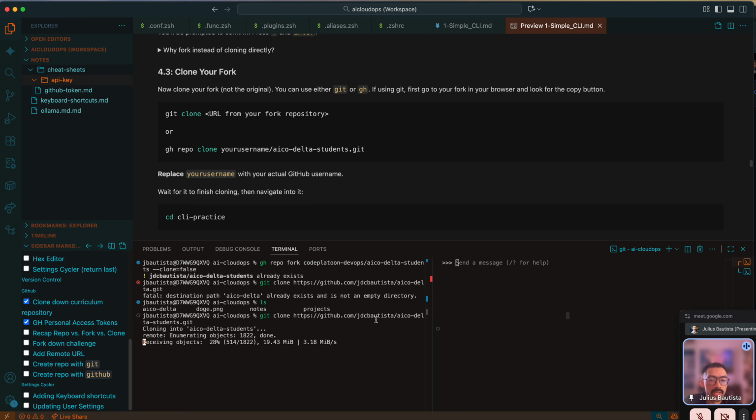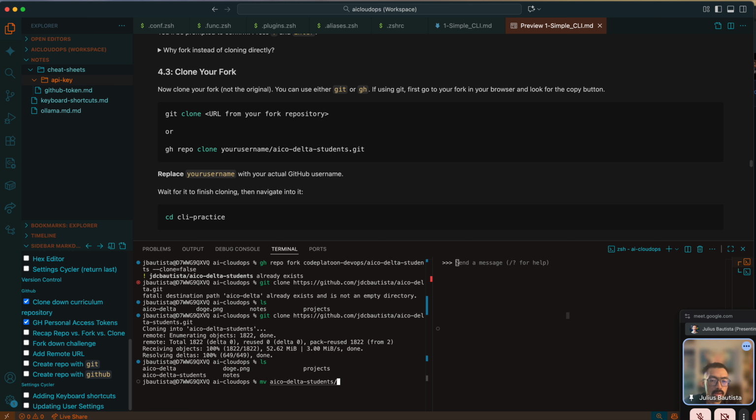I just realized I forgot something. I was supposed to do this inside of my projects directory, not at the root. My bad. Because we want to stay organized, right? So I can remedy this just simply by moving the directory. So I'm going to move this directory into projects using move. And I think this should work, but I also don't want to risk